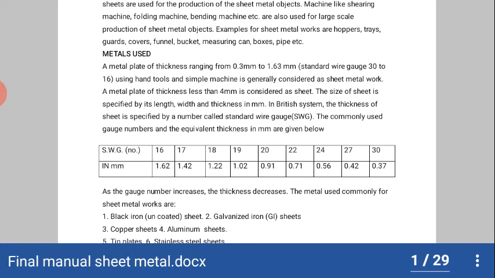So students, the most important thing regarding sheet metal work is that sheet is specified in gauges. If we are talking about the sizes of sheets, the sheet is specified by the gauge.